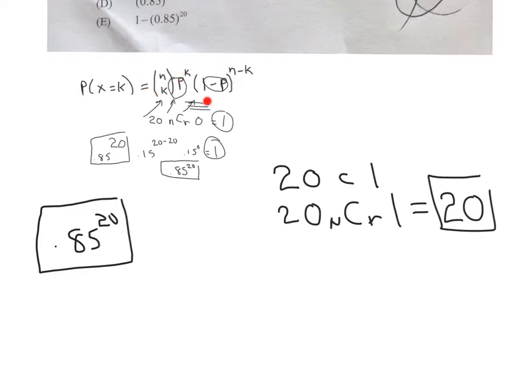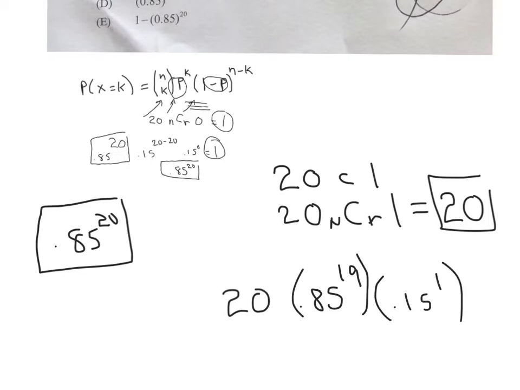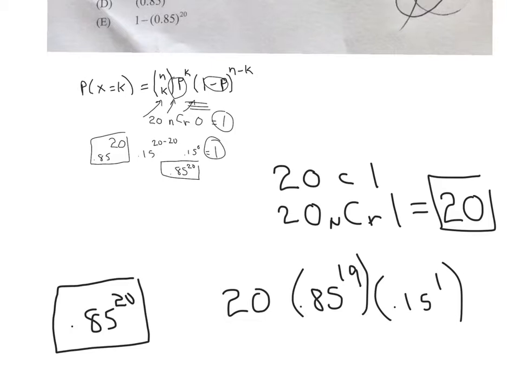And now we're going to deal with this. So one person going into the military, well, it would be 20, right? The number we just figured out. So now we're going to work with this thing. People not going into the military, 0.85, and 19 of them are not going to go in the military. And then 0.15, one of them is going to go into the military. So that's how we figure all that out. And then we have to add these two things together. So it's right here. And plus this thing